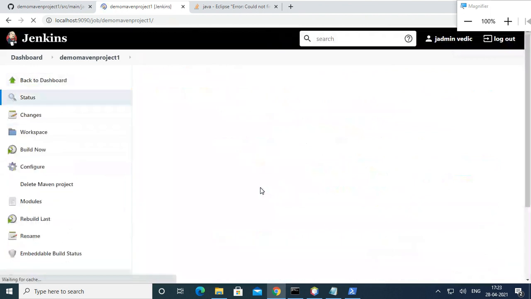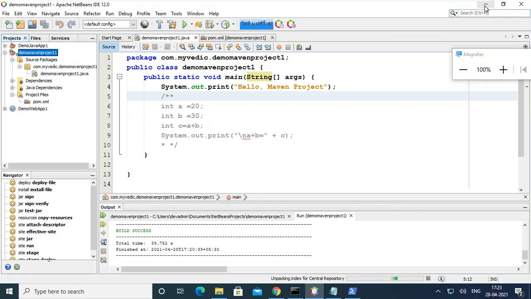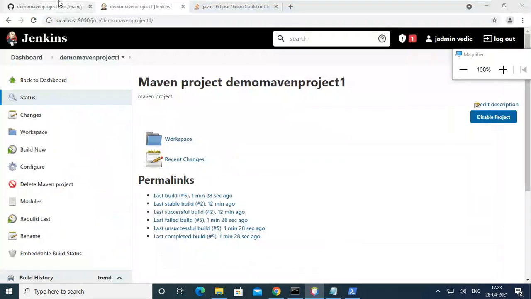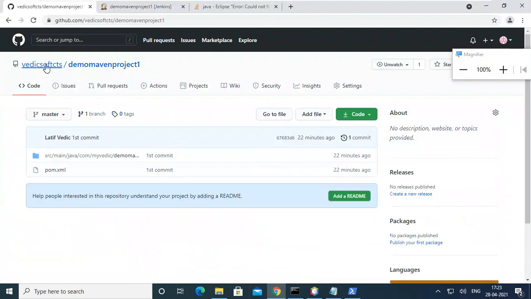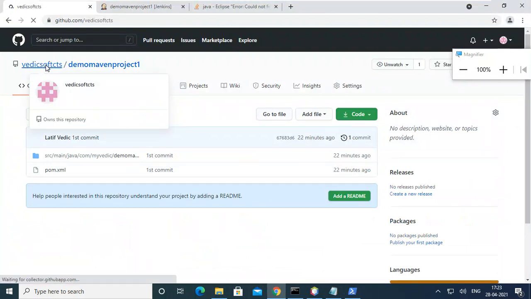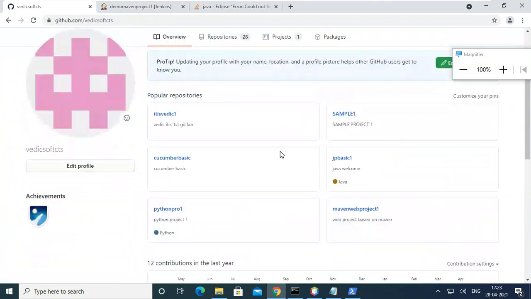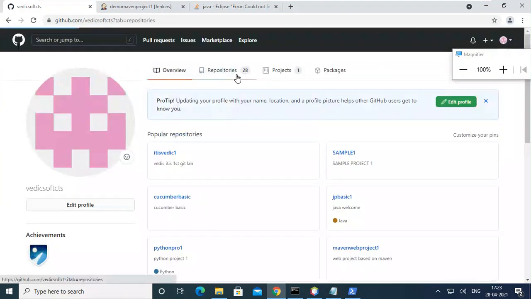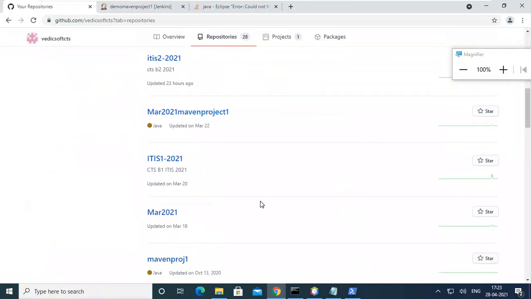It's okay, guys. Our time is up. Okay, so we'll see the remaining things later. Try it: Git and basic Jenkins. My working one is also there, so actually you can go to this one. Maven Web Project is one. Another Maven project is also there. You can go to repositories, take it from here and execute.